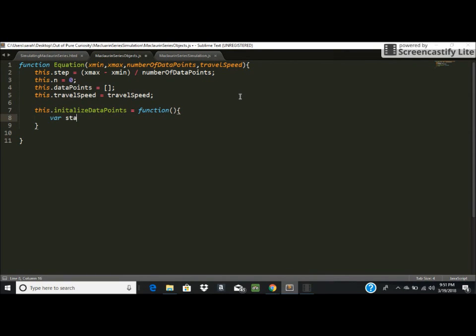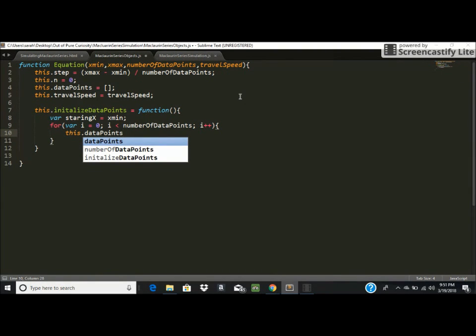So we're going to have a var startingX, which equals xMin, and then to this startingX you're going to add this.step each time you make a new point, so that each point is a step away from the other point. So we're going to go for var i equal to 0, i smaller than number of data points, i plus plus. We're just going to say this.dataPoints.push new